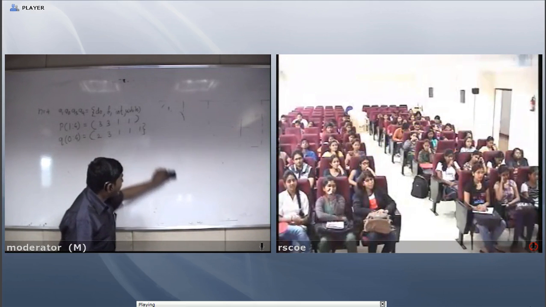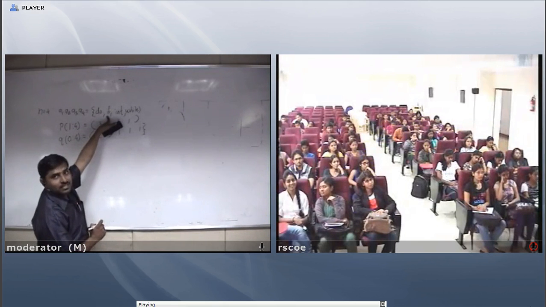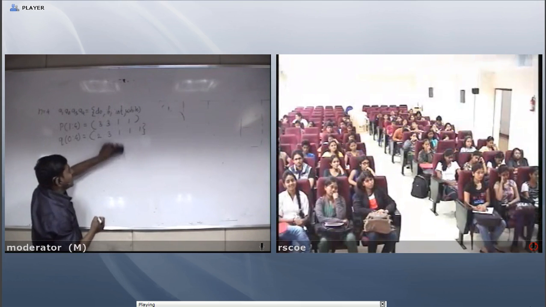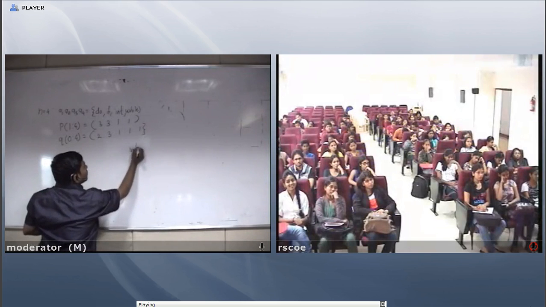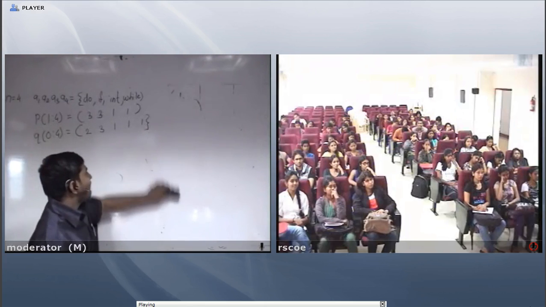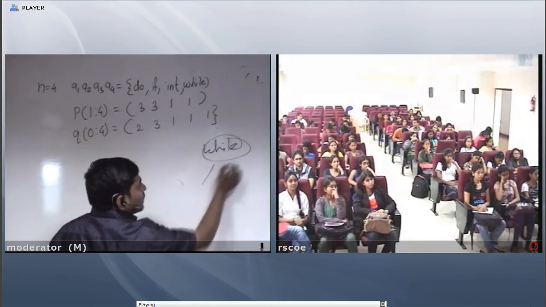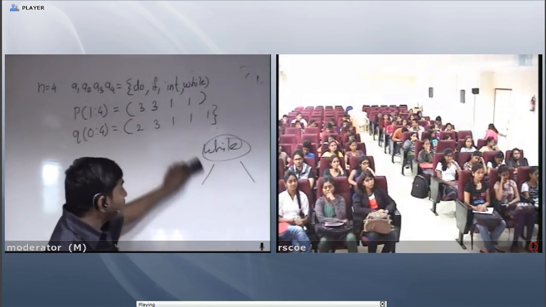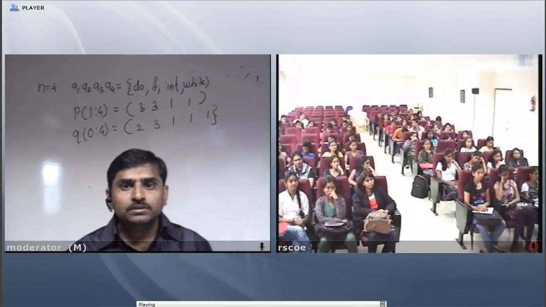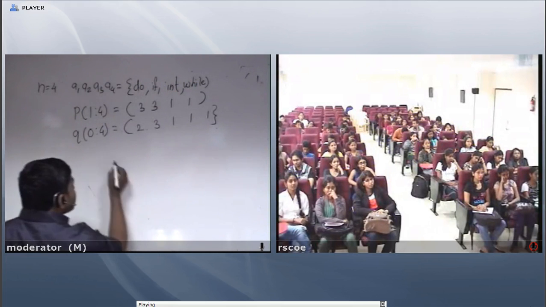In a binary search tree, we can draw by many ways. But if we find that if is the best root, then start from if and apply the rules of binary search tree. If I find int is the best root, third, then apply the remaining for the binary search. If I find the fourth element is the best root, apply binary search rules. Clear? So this is our aim. We want to find the best root from the given list. Clear?